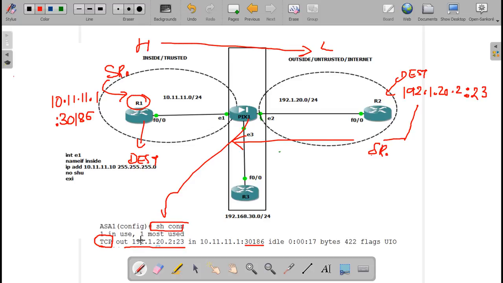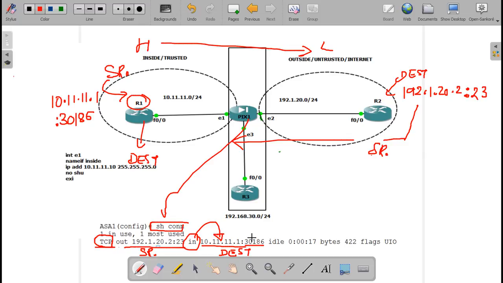In the connection table. The connection table says if there is a TCP connection coming from this source to this destination, and it would like to come in on the inside interface.